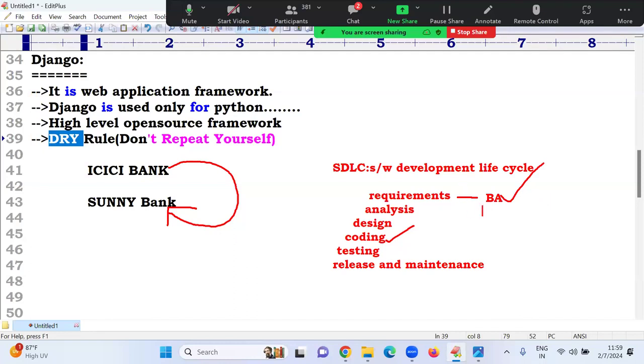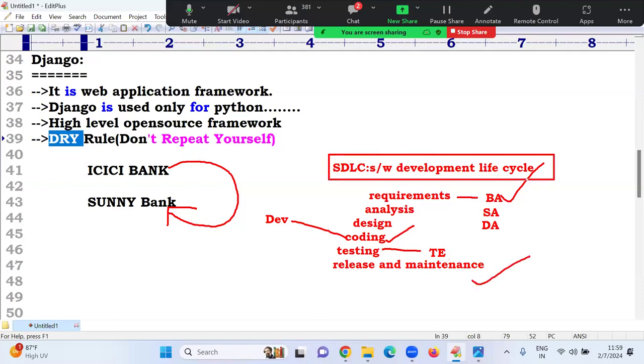After that, requirements analysis will be done by the system analyst. Design will be done by the design architect. Now, as you are a developer, you have to concentrate only on coding. Testing will be done by test engineers, as every company maintains separate test engineers. Once all is done, the application is released to the market. This happens internally in the SDLC. So SDLC describes how to develop one application based on client requirements and expectations.